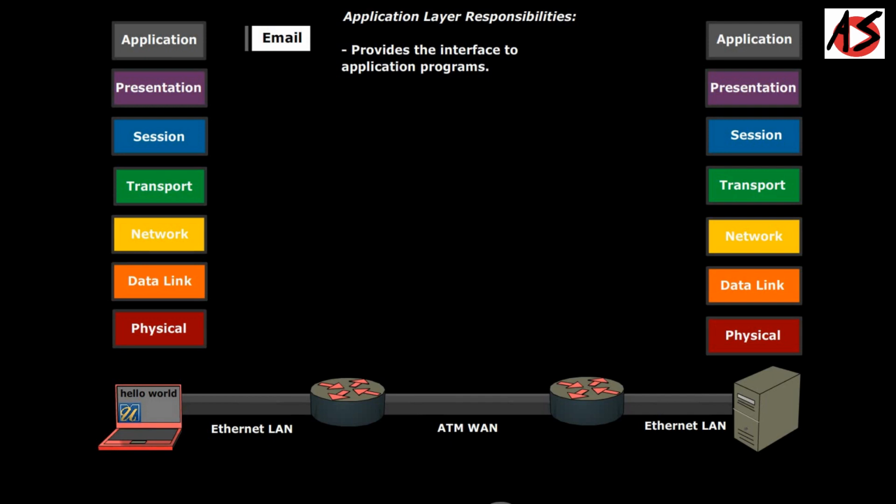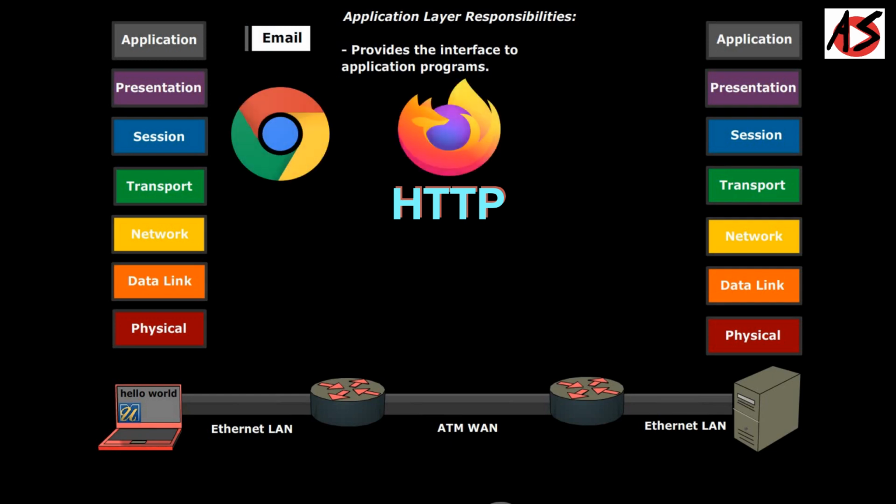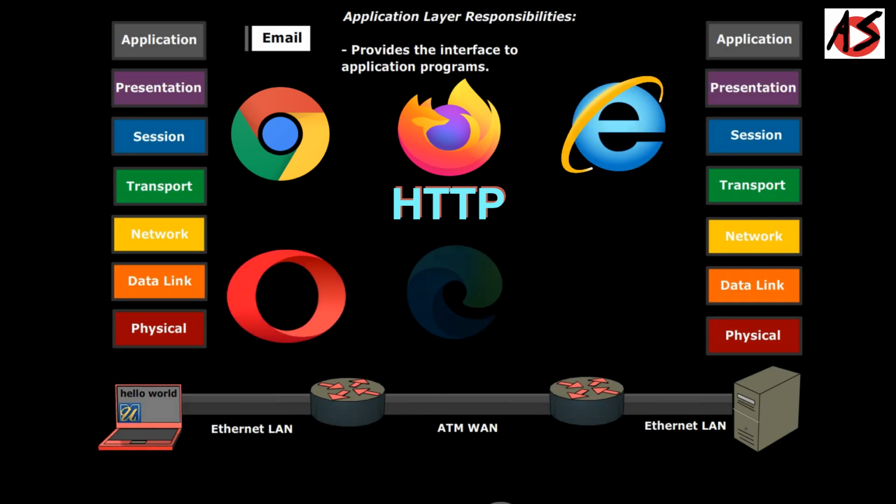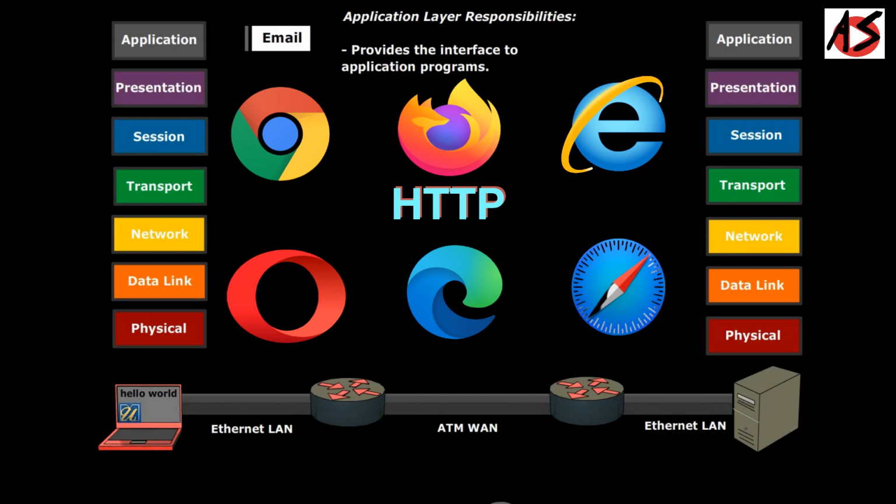Suppose you are accessing a website, you can use the HTTP protocol which sends different information to load the website in your browsers like Chrome, Firefox, Internet Explorer, Opera, Edge, Safari, etc.